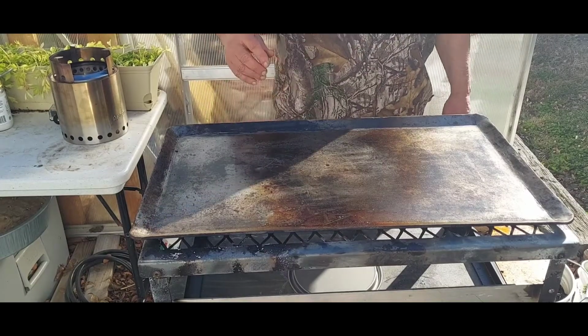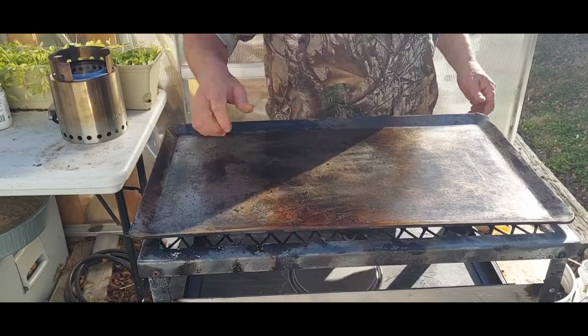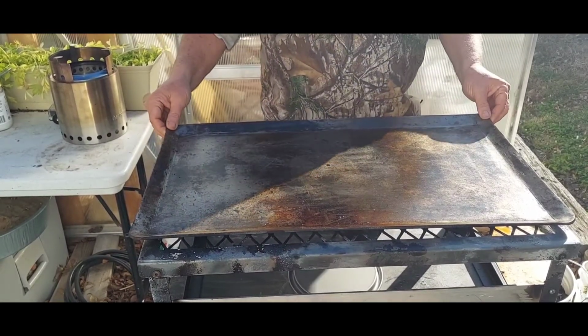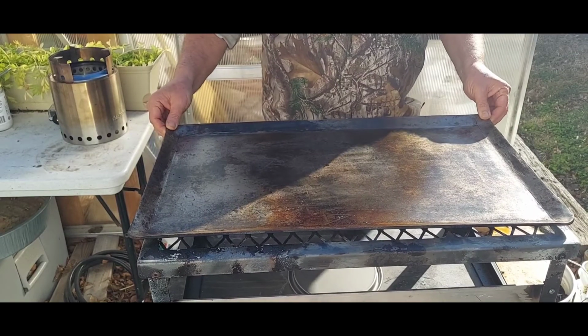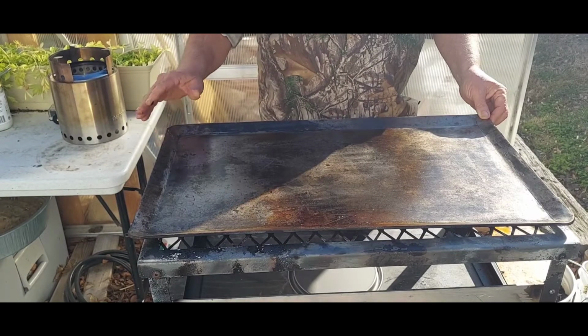This grill I've had for quite a while. It's pretty thick. It's mild steel. It's really good to cook on. Really like it. It takes a while to heat up because of the thickness, but this video is going to